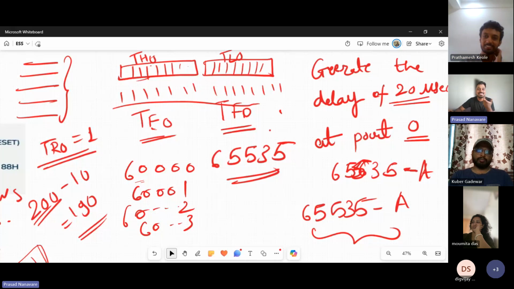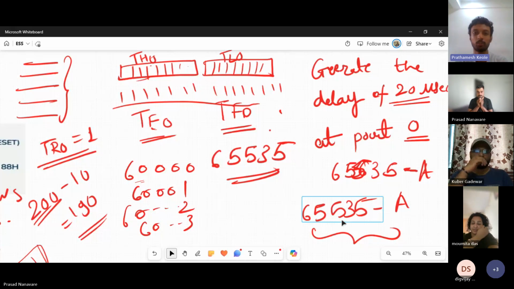सर बेसिक समझ गया है। क्या समझ में आया मेरे को बताओ तुम। मतलब जो TH0 और TL0 रहते हैं, तो ये ओवरफ्लो तब होते हैं जब सारे डिजिट्स 1 हो जाएं। और अगर डिले जनरेट करना हो तो उसके लिए फिर जो 65,535 है उसमें से ए माइनस करना है, ए जितनी वैल्यू है उतनी माइनस करनी है। और फिर TR0 को 1 करना है, तो उससे काउंट स्टार्ट होगा। और फिर काउंट स्टार्ट होने के बाद ए माइनस करने के बाद जो वैल्यू आई उसको इंक्रीमेंट करना है 65,535 तक, और फिर वो फुल हो जाएगा। और फिर TF0 सेट होगा, ओवरफ्लो हो जाएगा। राइट, हाँ यू गॉट इट राइट। ओके, सो लेकिन बेसिक्स क्लियर रखो बस।